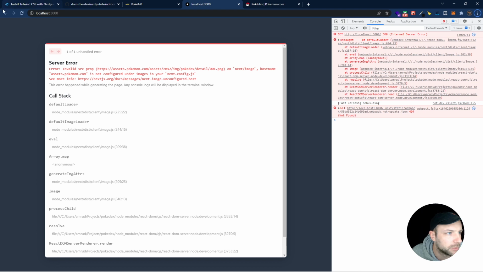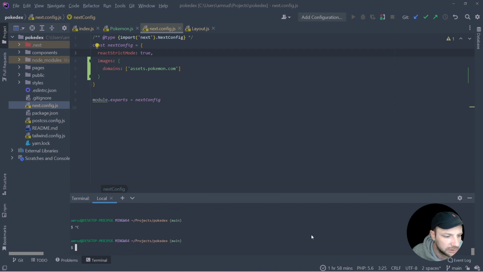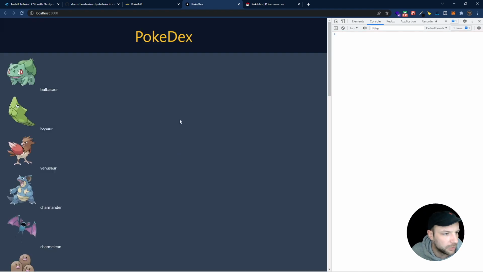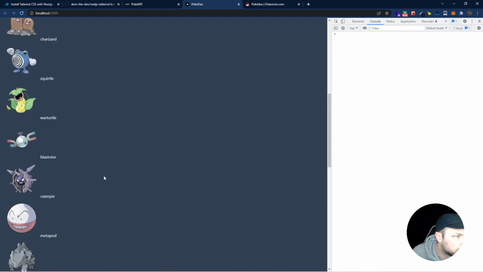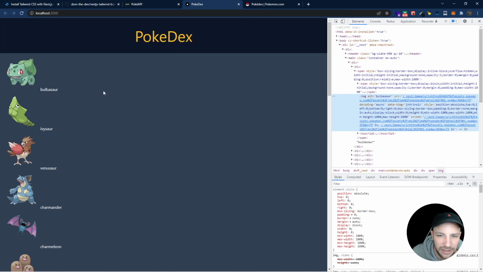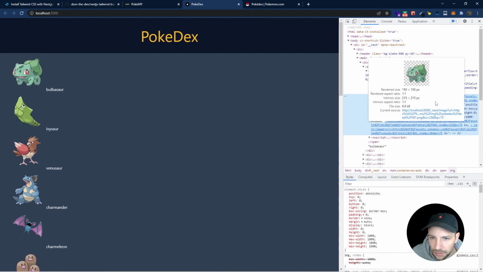Okay, and hopefully now when we reload the page, we can see the image. So I guess it's images. So let's give it another shot. All right, so restart and reload, and now we get the images. But as I see here, we still have an error. So this is the first one. This is, okay, Bulbasaur,